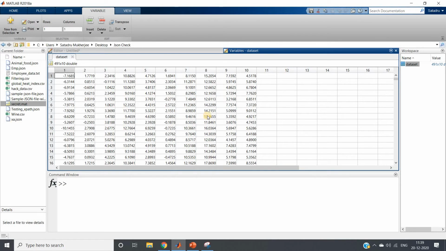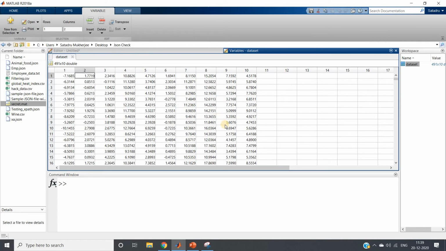Here one secret message is hidden which is 2-dimensional, and suppose we are taking a scatter plot of this first feature with second, first with third, first with fourth, first with fifth, first with sixth, first with seventh, first with eighth, first with ninth, first with 10, like that. And second with first, second with third, second with fourth, second with fifth, like that.